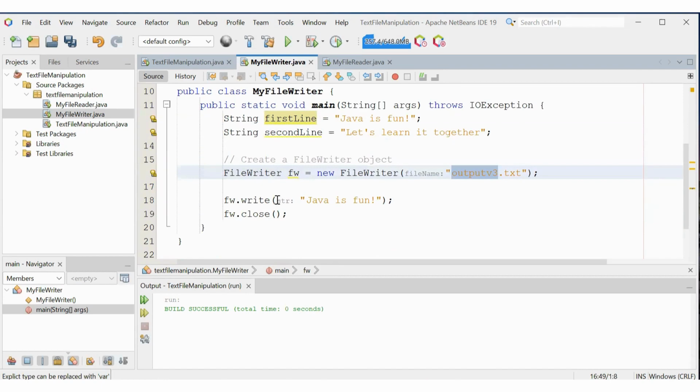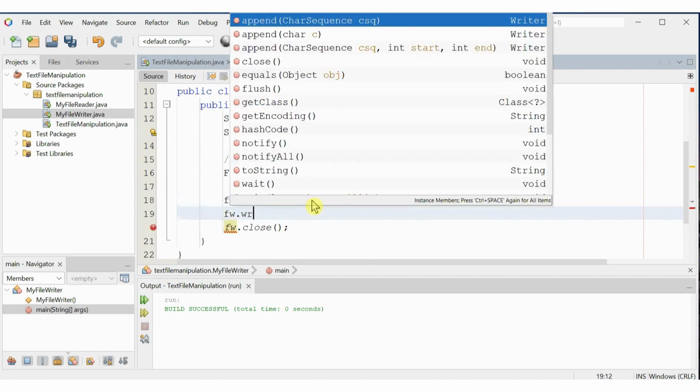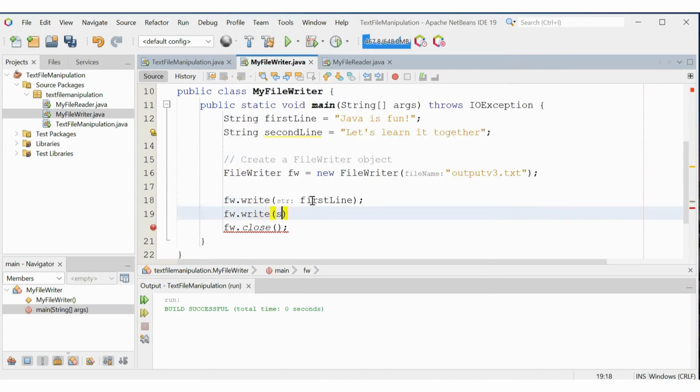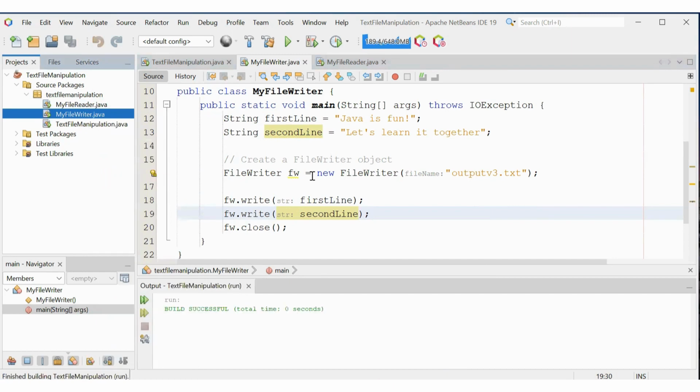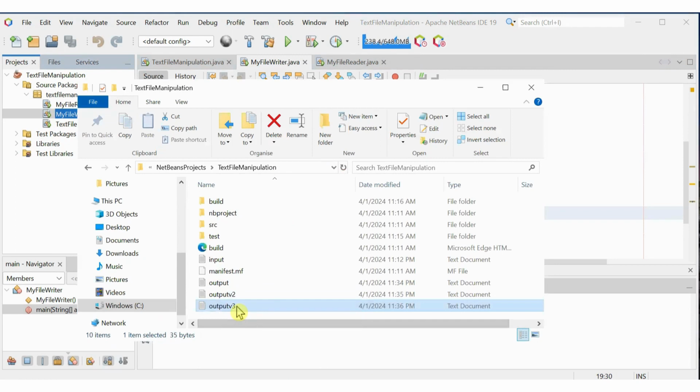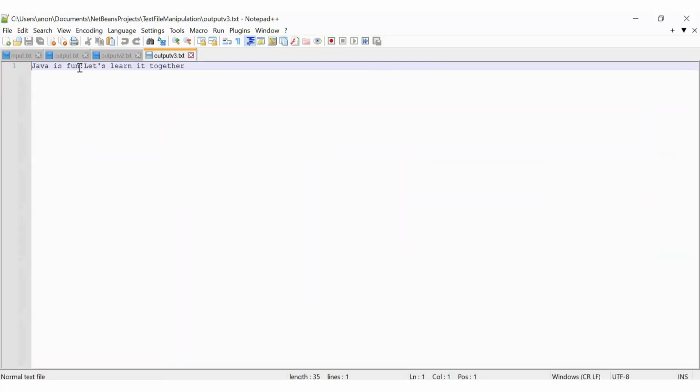Of course, here now I will need to call the write method multiple times. So the first time I call it is to write the first line, and the second time I call it will be writing the second line, right? Now let's run this and see what you have within output version 3. We'll go back to our folder. You will see output version 3 here. You can see Java is fun. Let's learn it together. So you can see that it's written into the text file, but within the same line